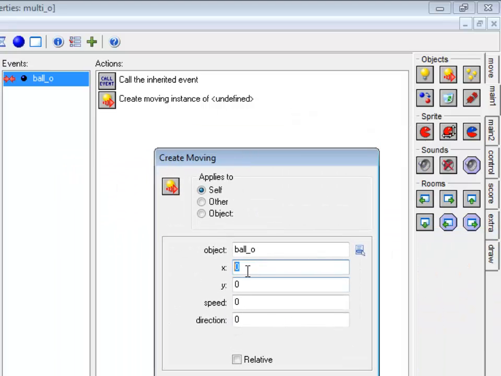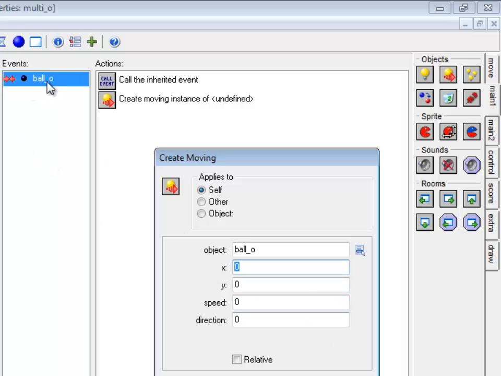The x and y position, well, where I would like to create it is actually where this particular ball object is. There's a problem, though. If I use the name ball_o, and I have 5 or 6 of them in the room, the name ball_o refers to whoever was the first one created,